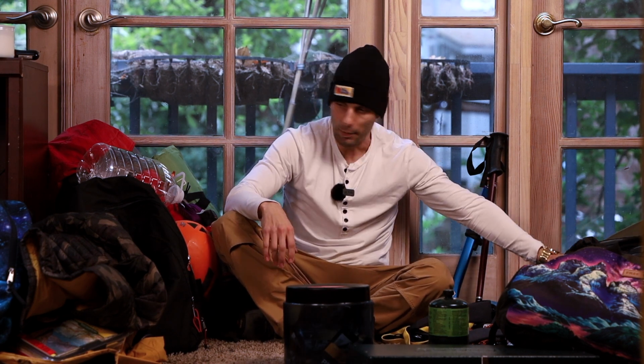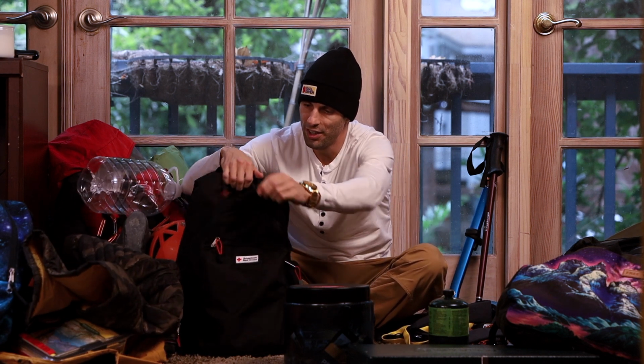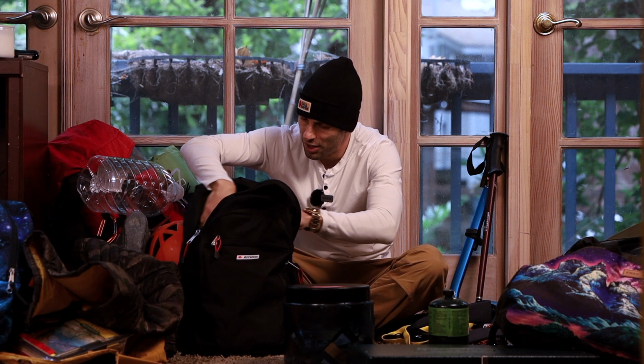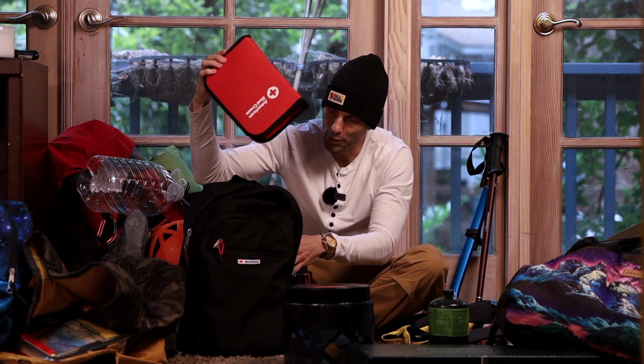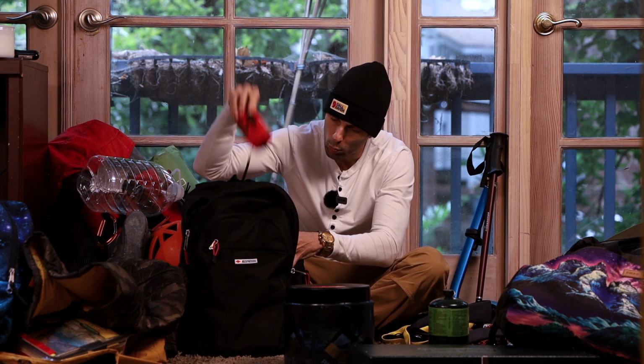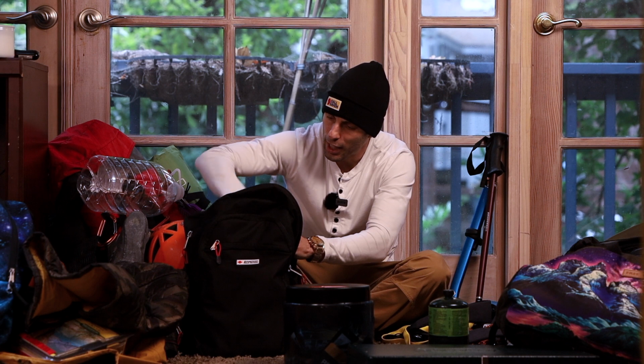When I was a kid, we used to hang our food all the time, and that's the method that we used until more research started coming out that bears really can get into that. Another thing that I bring with me in my car is my American Red Cross supplies. This is in case I need to utilize some type of first aid. So I have a first aid kit, I have a radio, I have my headlamp,